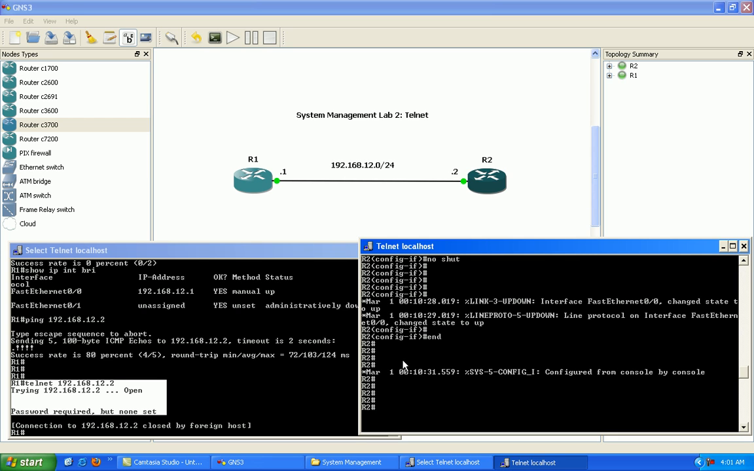So I'm going to walk you through 3 different types of Telnet authentication. And the first one, and the easiest one to configure,